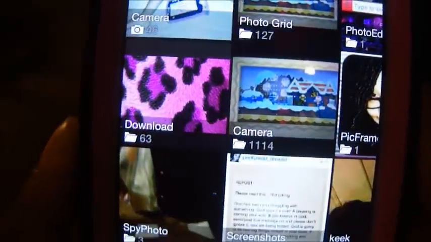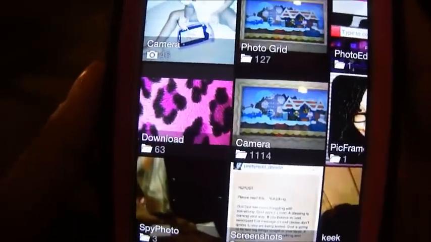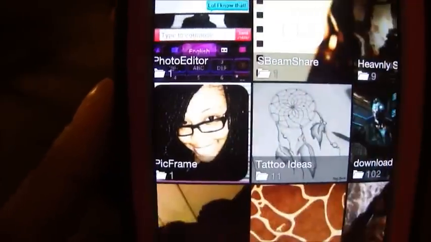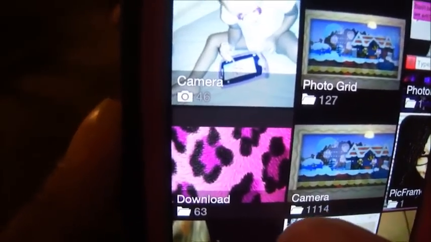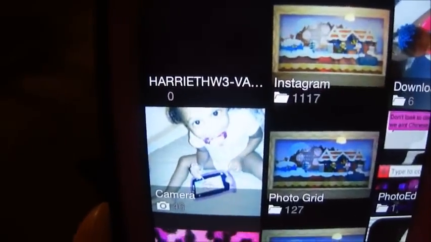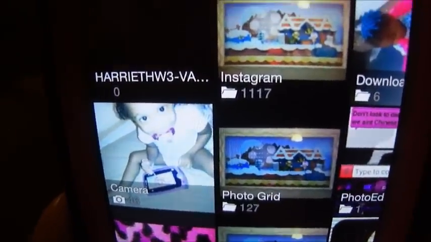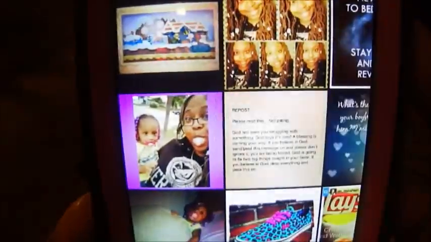And let's see what's in here. I have all this stuff here, my pictures and everything. And that's my baby. My Instagram folder.